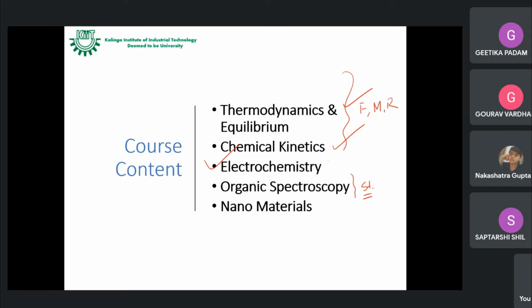And for any process to carry out, energy is a primary requirement, and nowadays the energy consumption has increased like anything with the modernization of the society. From morning to night, every time we need energy to do something to assist us at every level. So for energy, alternative sources of energy, and energy storage devices, we need the concept of electrochemistry. Okay. So electrochemistry is there for designing the energy storage devices, to have some idea of the